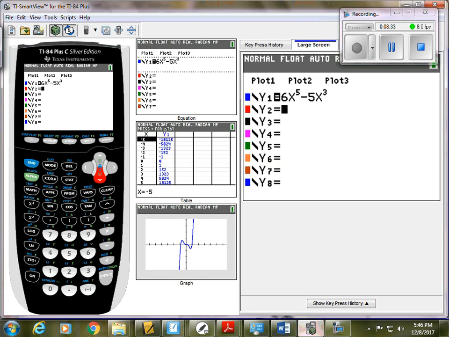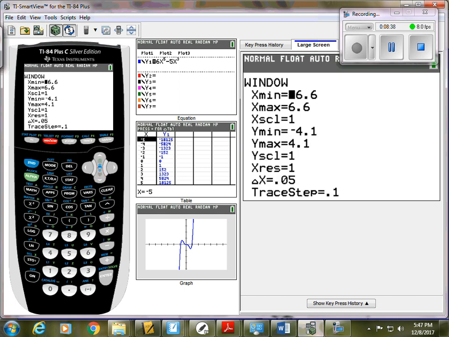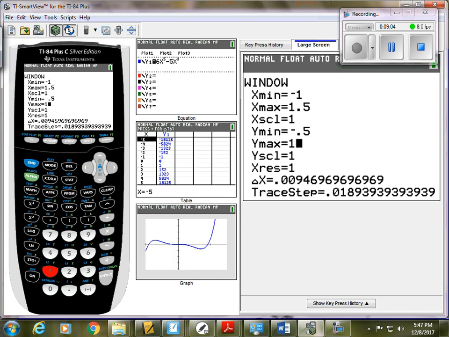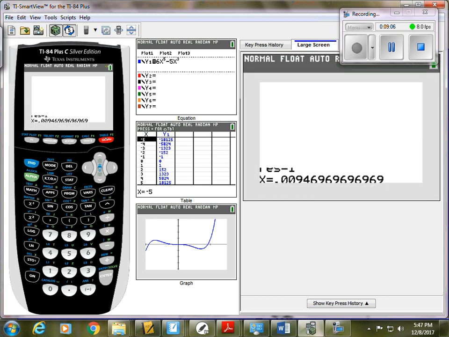Now I already have it there. So once you have the function entered, go to window and set your x min to -1 and your x max to 1.5. We're doing this so that we'll have the same view on our calculator as we are given on the graph. X scale 1, that's fine. That's what we want. Y min, -0.5. Y max is 1. Y scale 1. Good. When we press graph,